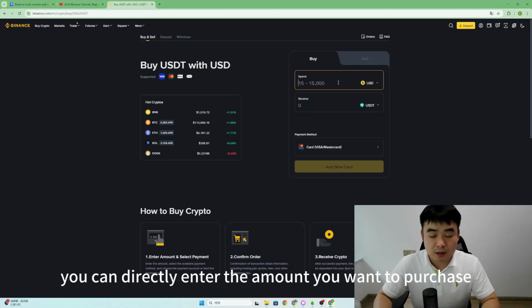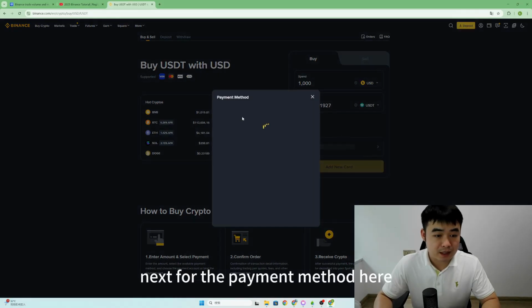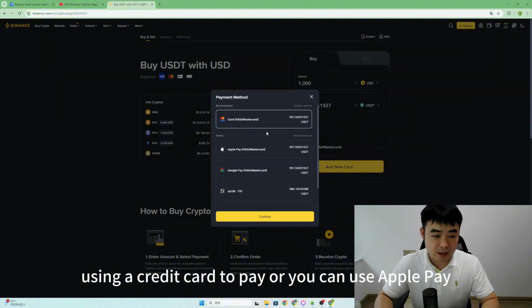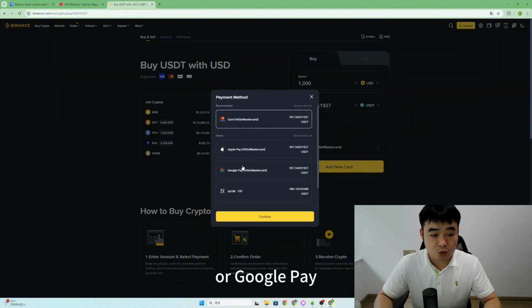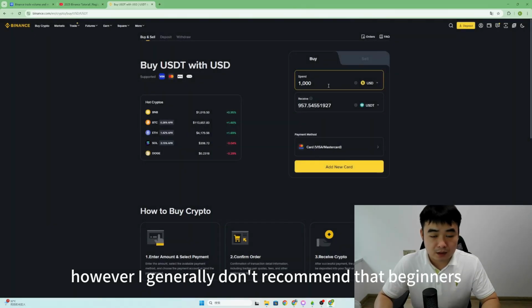Then you can directly enter the amount you want to purchase. For instance, I enter an amount of $1,000 USD. Next, for the payment method here, you can choose from various payment options, such as using a credit card to pay, or you can use Apple Pay or Google Pay. Then we click confirm. However, I generally don't recommend that beginners